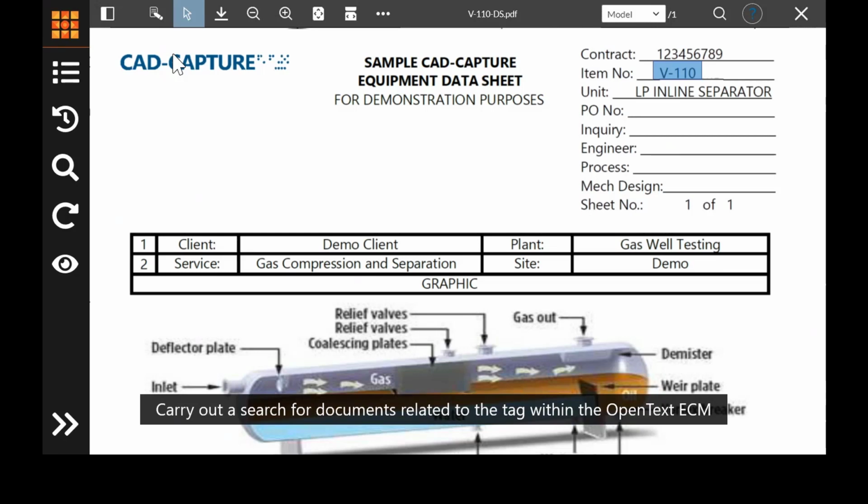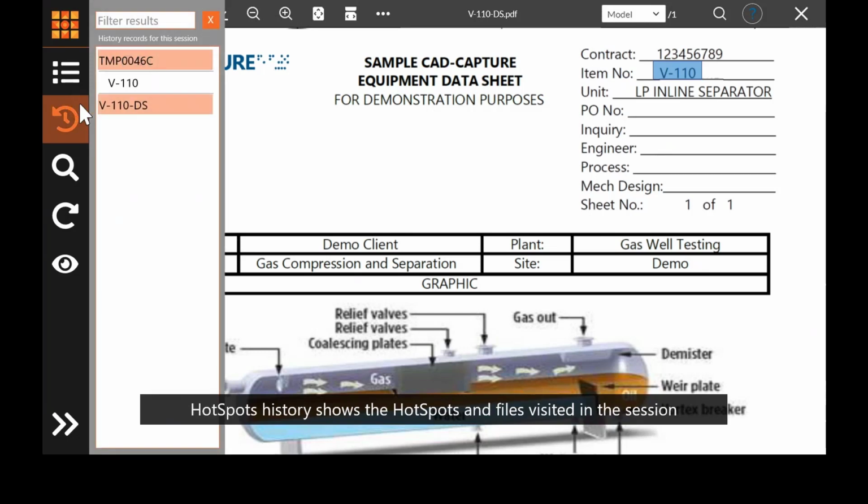That hotspot will have similar right-click options, but you can also utilize the hotspot's history. So this is where you get a breadcrumb trail of all of the hotspots and drawings and documents that have been visited in a session. This allows you to navigate back to places that you've been earlier in the session, and it also means that you can save this so it can be utilized at a later date.